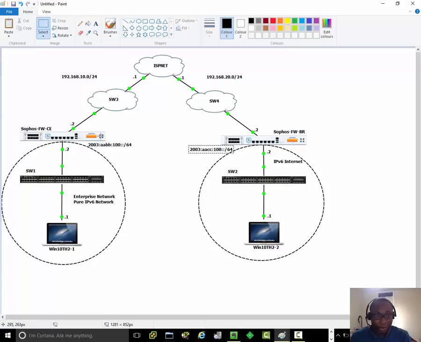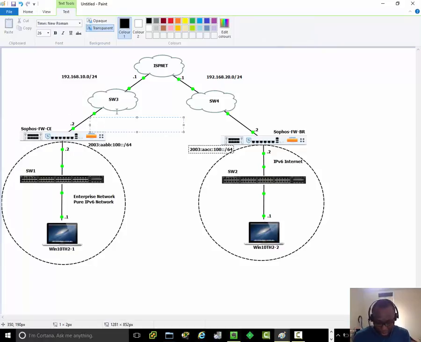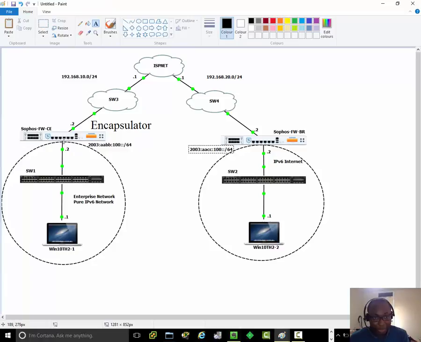to this firewall. So this firewall here, for example, will have to be a dual stack device, and Sophos XG firewall supports this, which is really good. So it comes in here, and then there has to be a way of encapsulating. So here we just put an encapsulator, encapsulating the IPv6 packet within an IPv4 packet, sending it over to the other side,